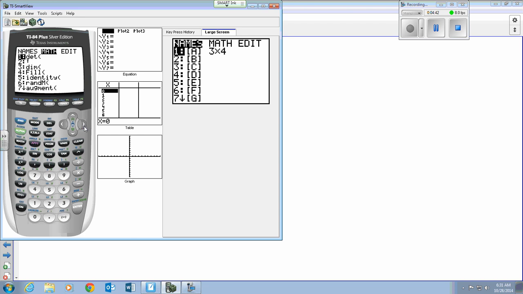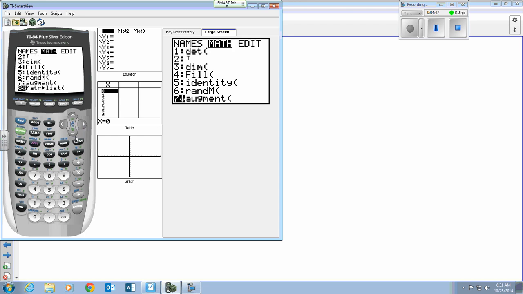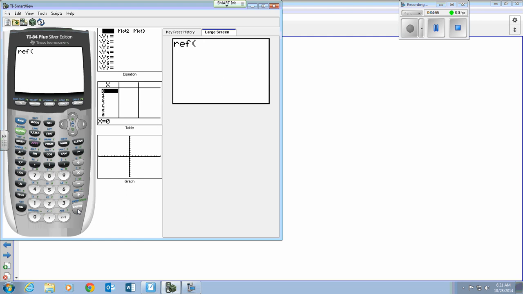So we're going to go over to math, and we are going to have all of these choices, different things you could do with your matrices, and we're going to go to first row echelon form, REF. And if we hit enter, it's going to ask us which matrix. So we have to, again, go back to matrix to select it. So second x inverse, go to matrix, and we want to select matrix A, and then we can hit enter, and